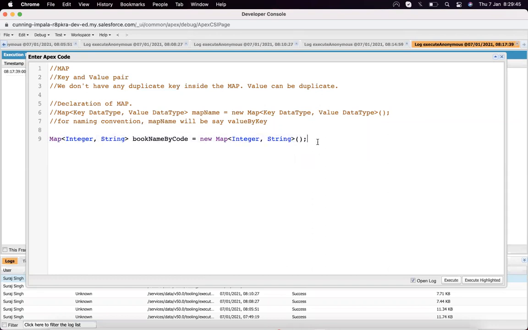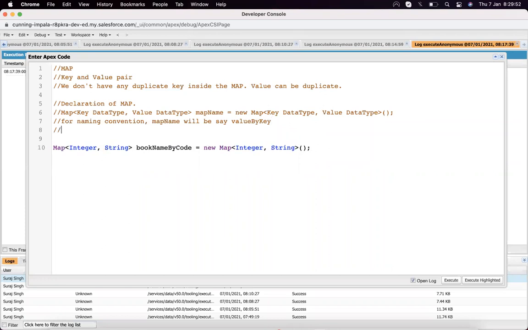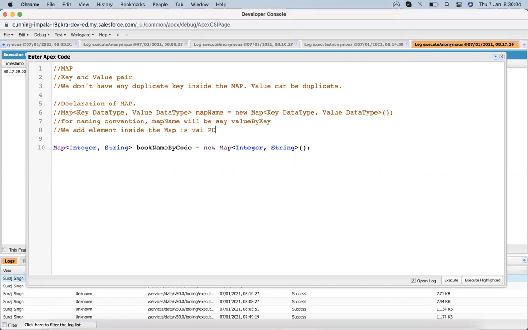Now, how do we add an element? We add an element inside the map via the put method. How does it happen?